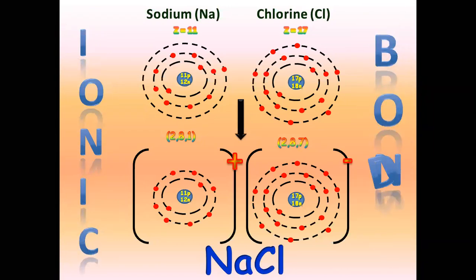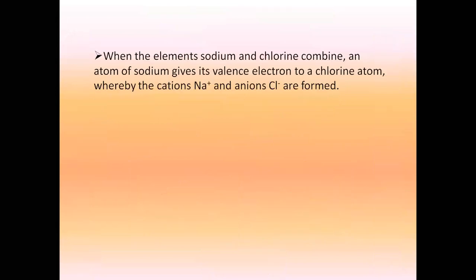So why did the word ionic come? Because sodium got converted into sodium ion, chlorine got converted into chloride ion. Sodium got a positive charge because it donated an electron. Positively charged ions are called as? Come on, tell me. Who is going to tell me what a positively charged ion is called? Cations. Very good. Negatively charged ions are called as anions. Very nice. So sodium and chlorine lead to the formation of an ionic bond, which is also called an electrovalent bond. Let's read about them.